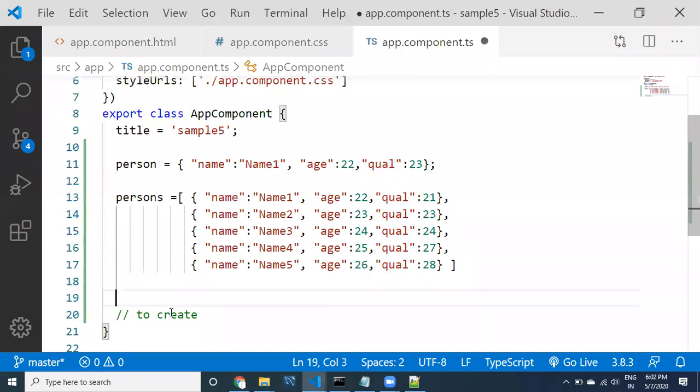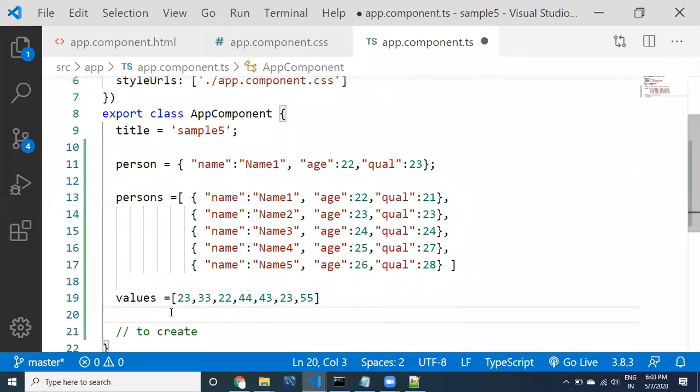I want to take another data, so I'm going to provide some values. Here in this value there are a number of values, maybe like some value 44, 55 or something. There are a few values. I don't know how many values there are because this is dynamic data. This array contains dynamic data. So whatever values are available here, these values